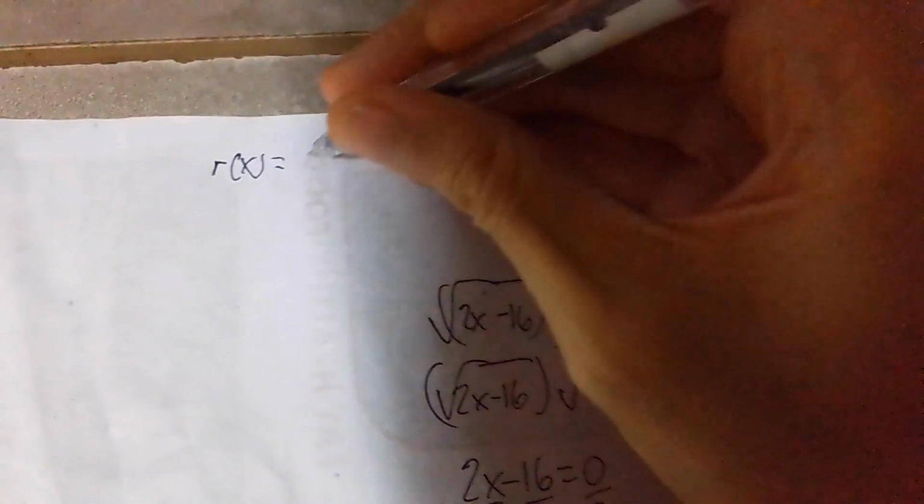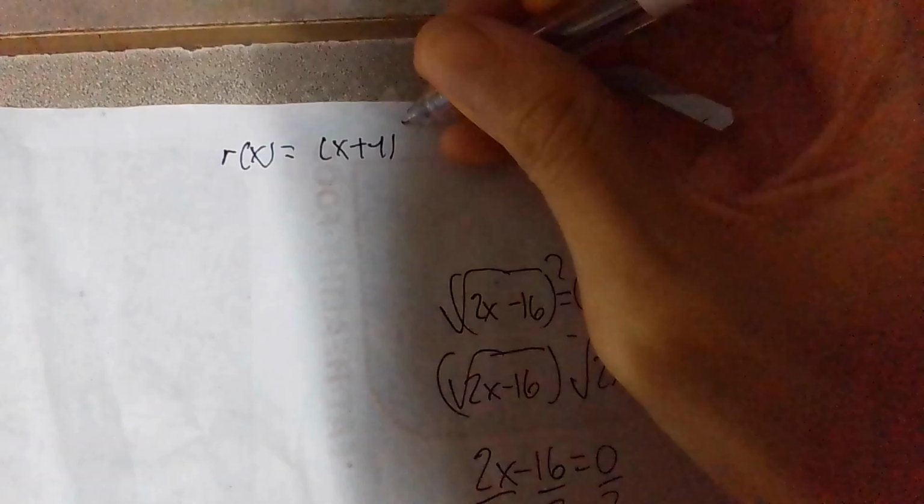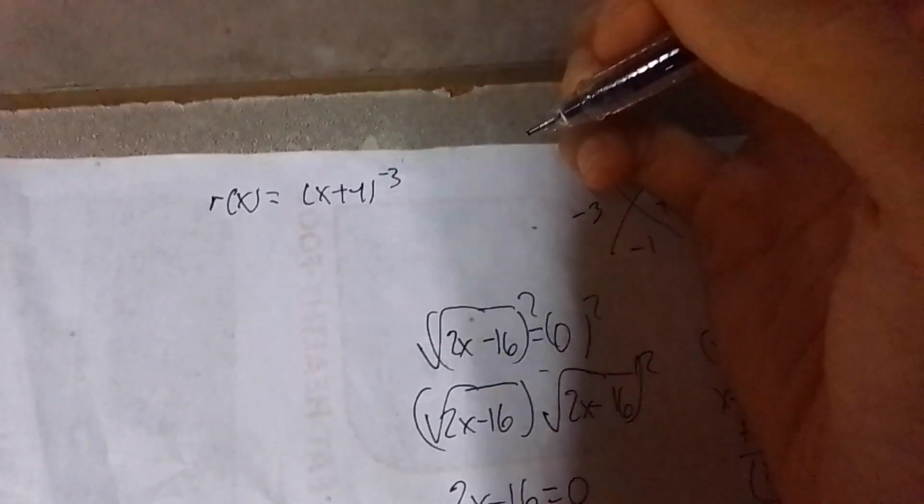Next, let's go to number 18. For number 18, you can't see the function, but I can see it. It says x plus 4 quantity raised to the negative cube. I'll write it for you so you won't have a hard time. So the function in number 18 is r of x equals x plus 4 raised to the negative cube,